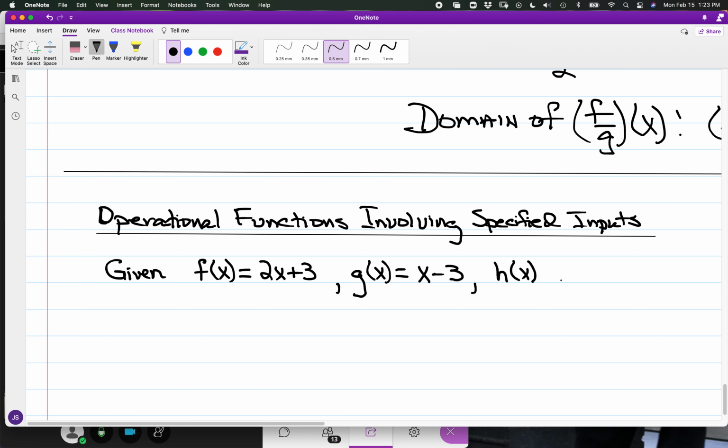And say we have h of x is equal to x plus 10. And say we'll determine what we have for, let's say